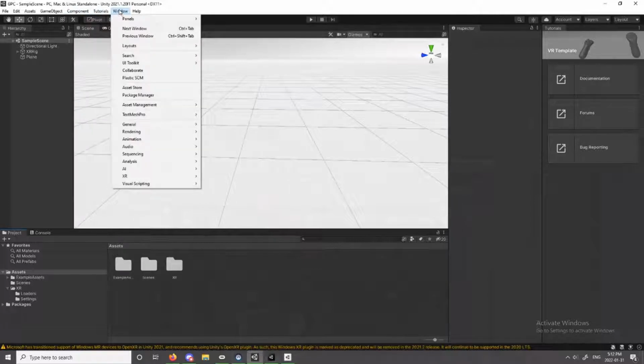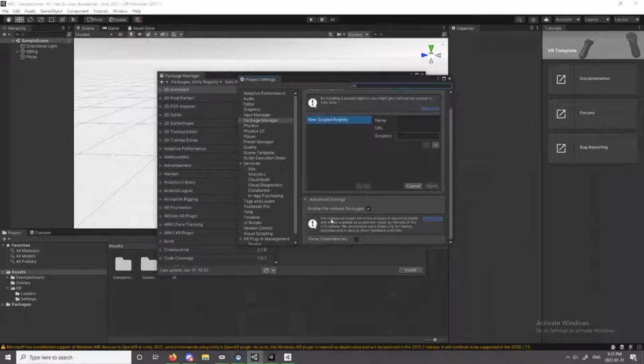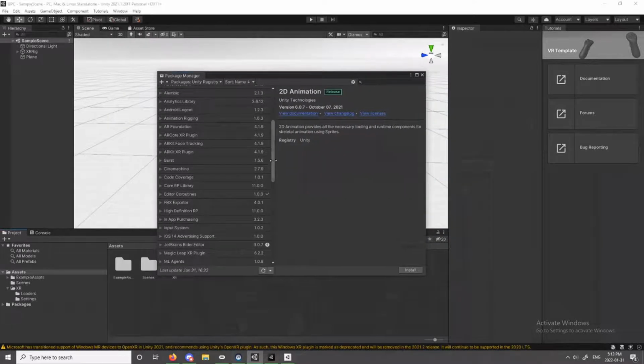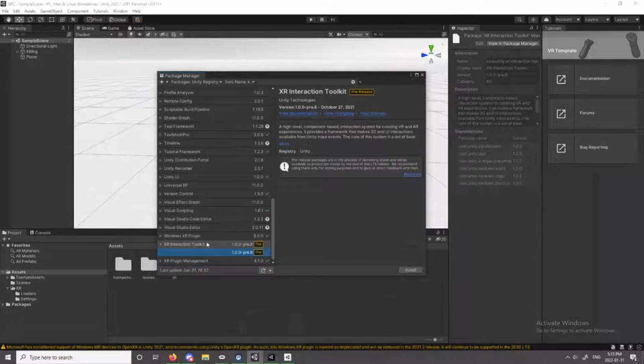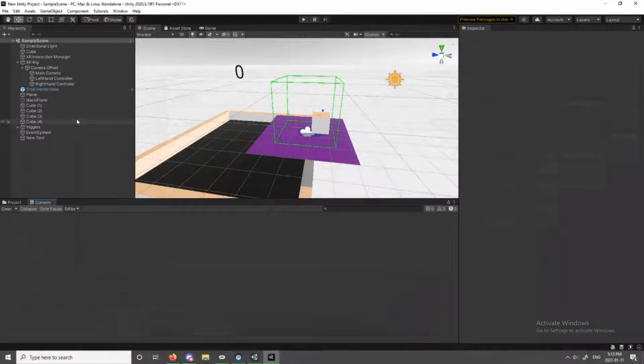If you don't know how to do that, you just go to the Package Manager: Window, Package Manager. You'd go down to this gear on the right-hand side, go to Advanced Project Settings, and enable the pre-release packages. Once that's ticked, you can scroll all the way to the bottom and you'll see the XR Interaction Toolkit. That's what I used to develop that other demo. Inside the XR Interaction Toolkit, you'll have a bunch of things that will help make developing more streamlined,